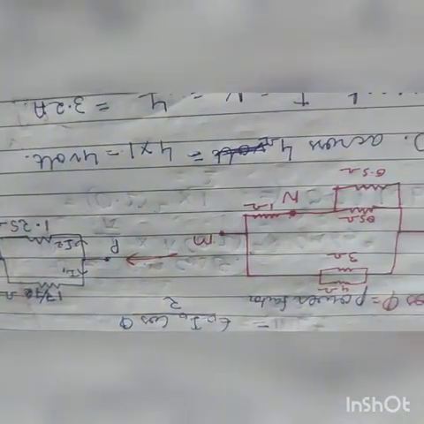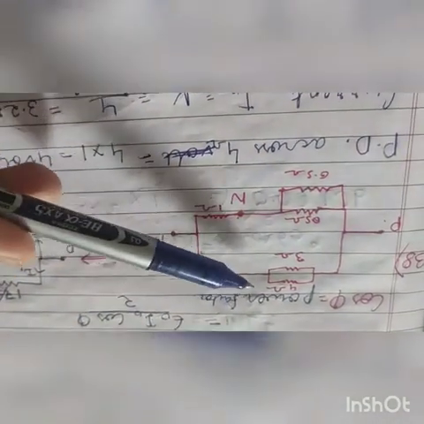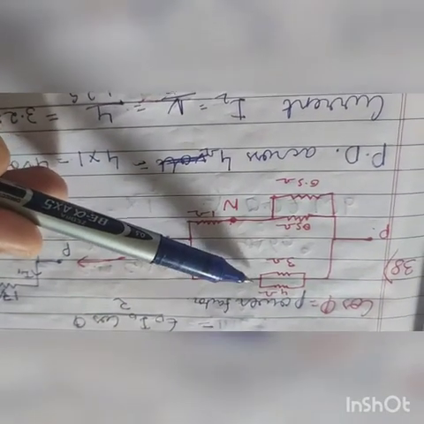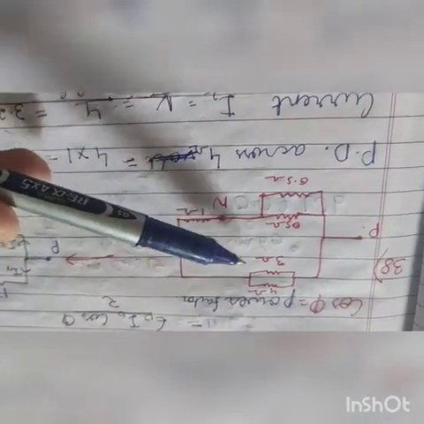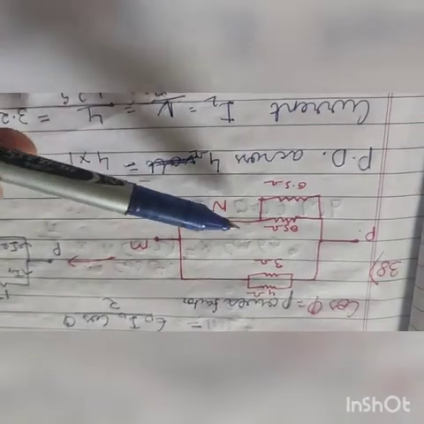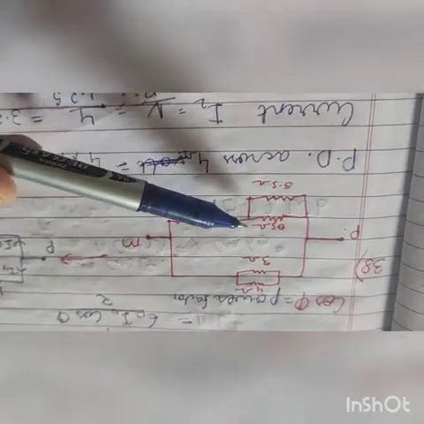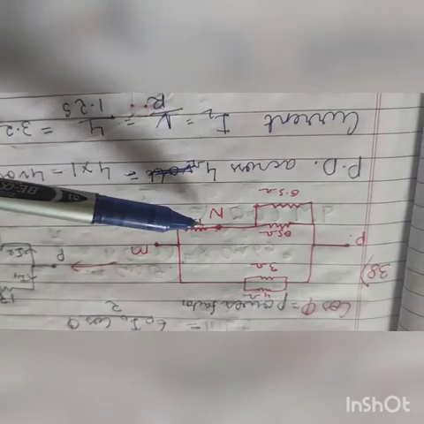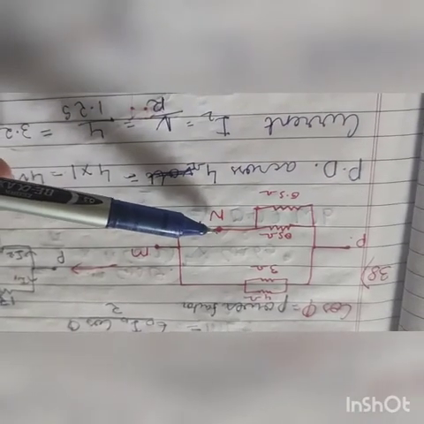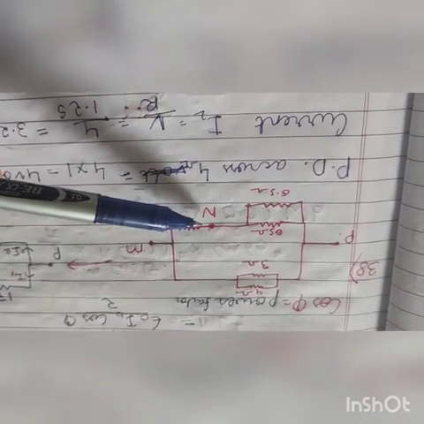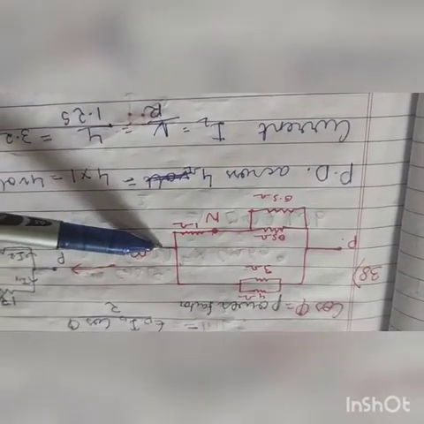If we write this big circuit in a smaller form, it comes out to be this. We did nothing, just this was connected in parallel, so we found its R equivalent and this R equivalent. These were in parallel, and then its result we will just take in series with this 1 ohm. Here in this question we just have to find the potential difference between this point M and this point N. So let's see how it is.